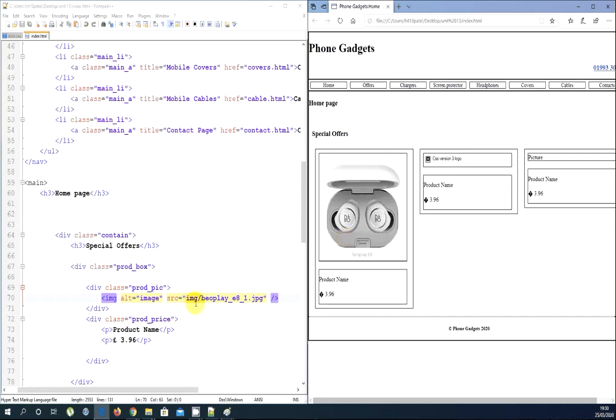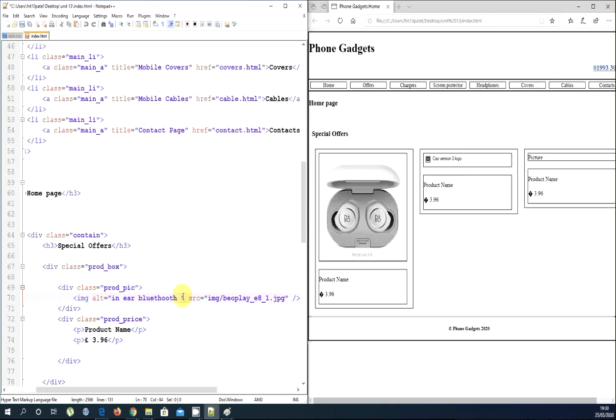Hopefully not. However, we still need to change the alt attribute to explain what this picture is about. So I can go in there. I'm not really sure of the name of this, but I presume it's the BOPlay E8 model. So I'm going to say in-ear Bluetooth headphones,